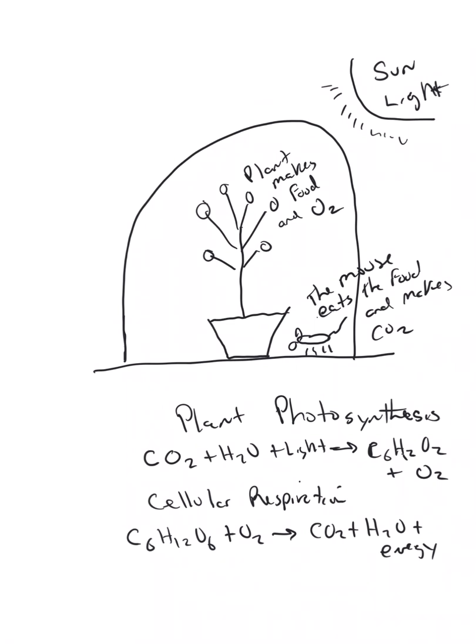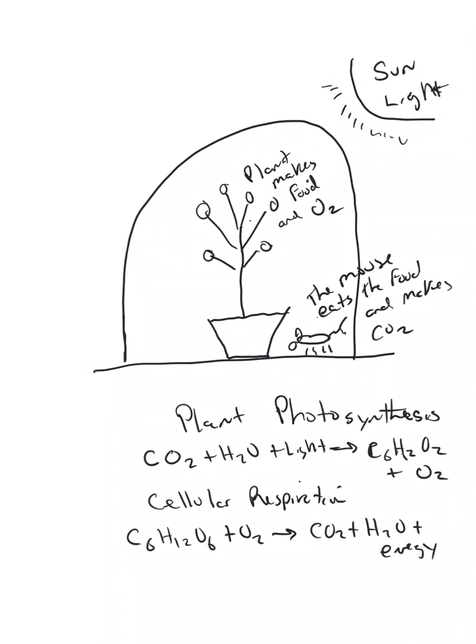But fortunately for that little rodent, there's a plant in there, and the plant has fruit, and the little mouse can eat the fruit, and the plant does something else. The plant makes oxygen. So if you look, the plant makes the food that the mouse is going to eat, but also makes the oxygen. But the mouse is going to give something back. After the mouse eats the fruit,